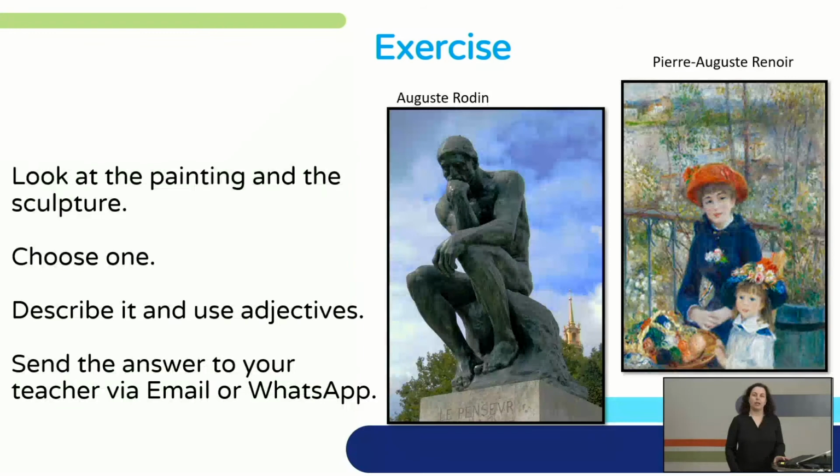When you look at the sculpture by Rodin, The Thinker, how can you describe him? It's bold, right? You can say it's bold. It's made out of bronze. It's bold. It's optimistic. It makes you think about something, right? How did you describe the painting or the sculpture? Share it with your friends after or with your family maybe.